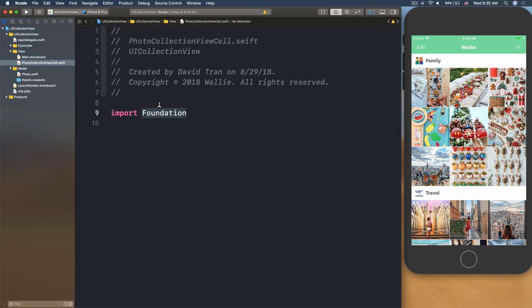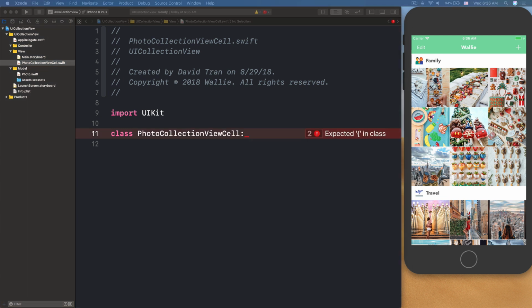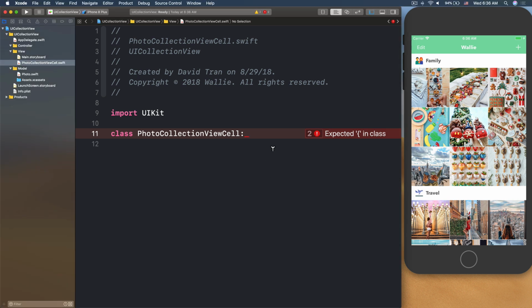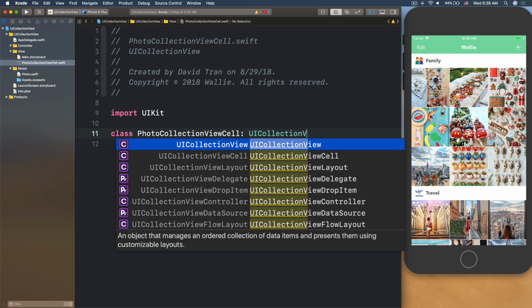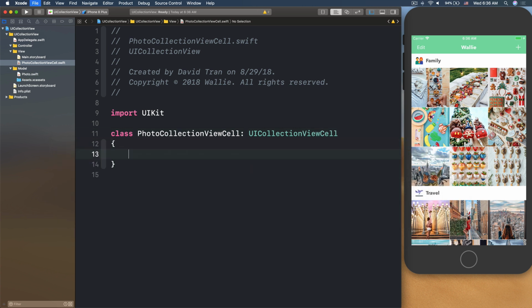So let's change the import here into UIKit. Then we'll have a class called PhotoCollectionViewCell. That, guess what does it subclass? What was subclass? UICollectionViewCell. Right, correct. Now in table view we have UITableViewCell, right? So here, UICollectionViewCell. So inside this,